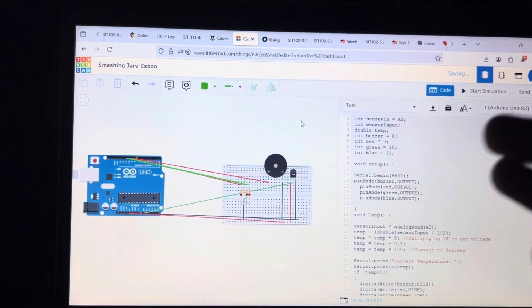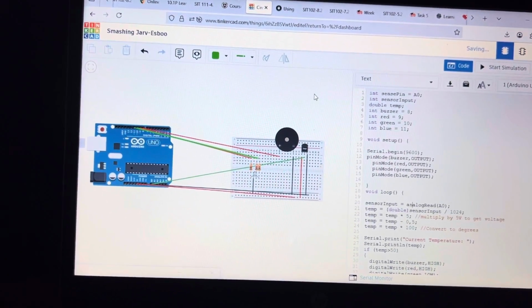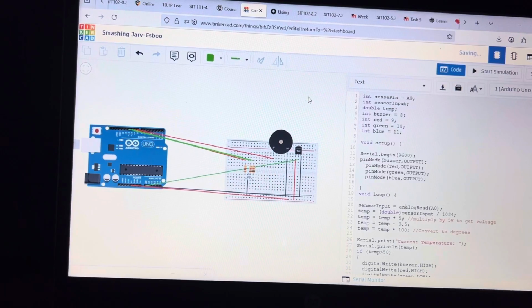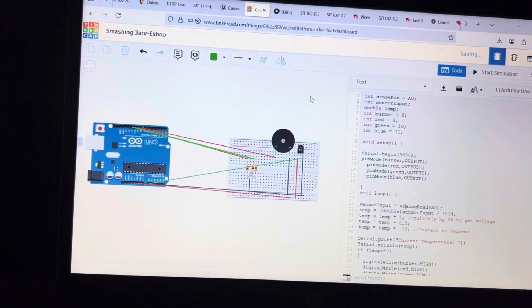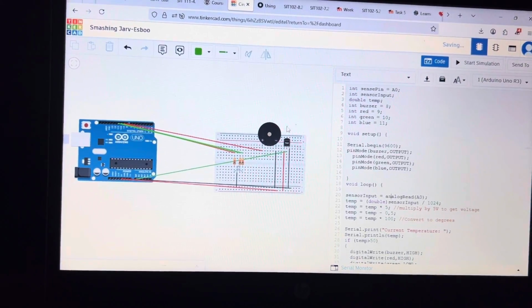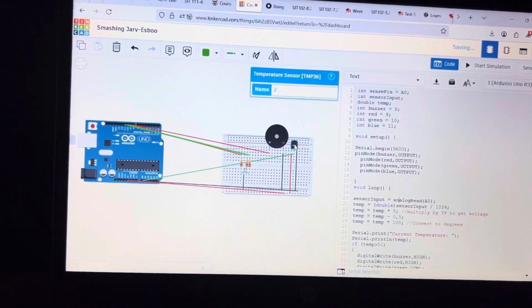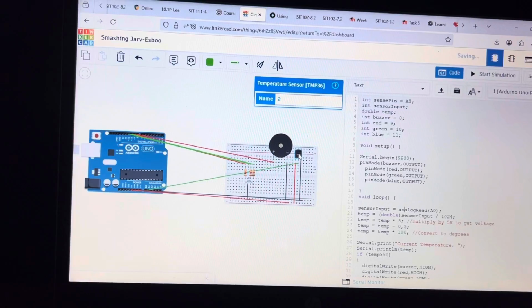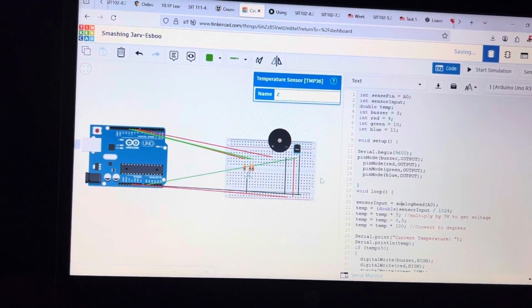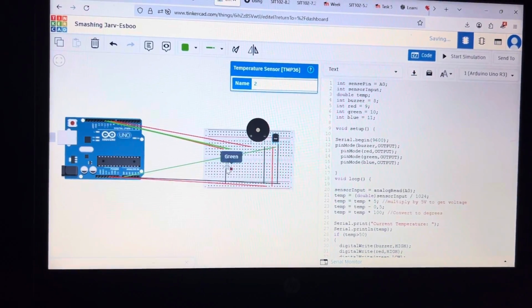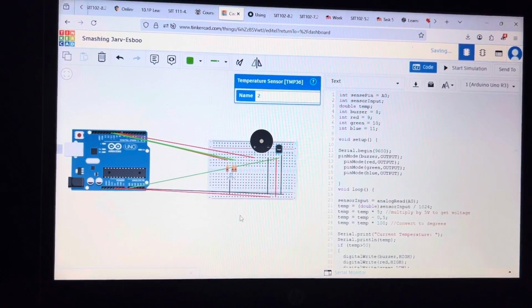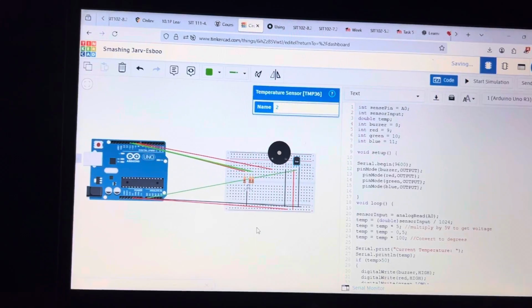What I want you to do with this design is to basically detect the temperature in a room. Obviously, since this is just a design in the software, I'll detect the temperature using the on-screen sensor right here. What it basically does is, when the temperature goes above 50, this RGB LED will light up red if the temperature is above 50, and when